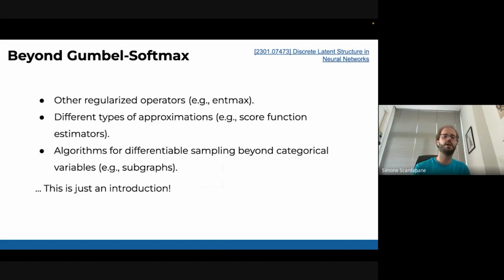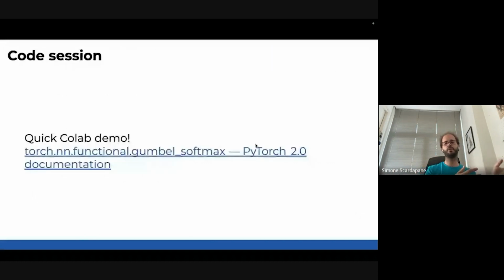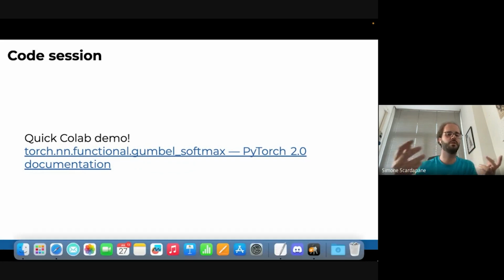There are many, many more regularizations, for example. There are other types of estimations. If you know reinforcement learning, maybe you have heard of REINFORCE, which is a completely different way of doing this. You can sample other things which are not categorical, etc. There is an incredibly well-made survey here if you're interested in the topic. I won't go into the details here. I don't have the time; this was 1 hour and a half, actually. But there's a method in PyTorch if you want: functional Gumbel-Softmax. You pass the scores, and it gives you discrete values that you can use to do whatever you want.